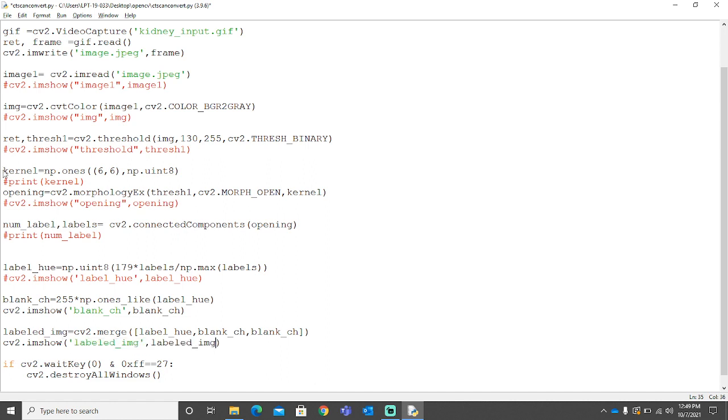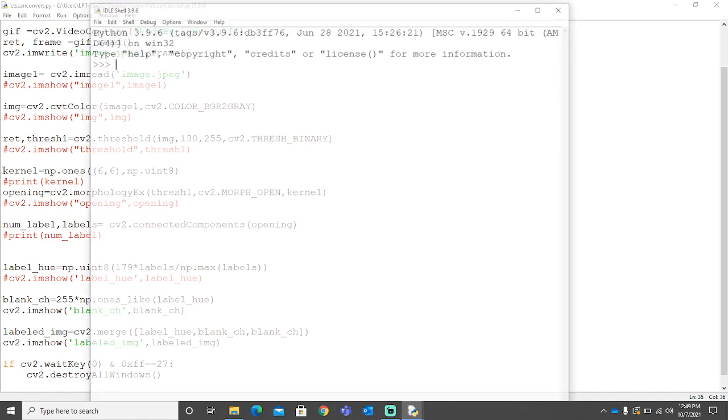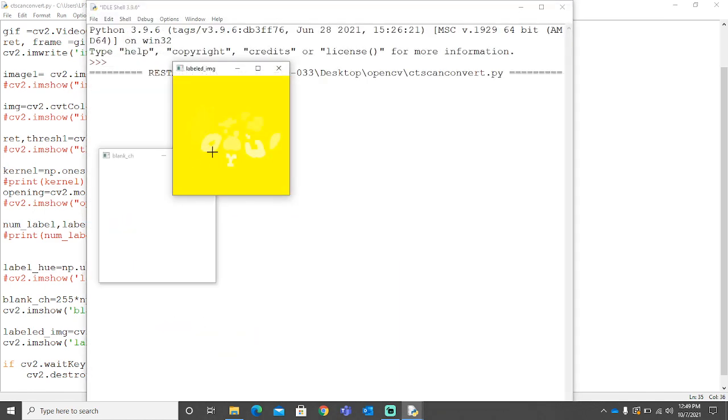Labeled image. So we will be merging this and we'll be seeing the output now. How the output is, yeah, we are getting this yellowish image.